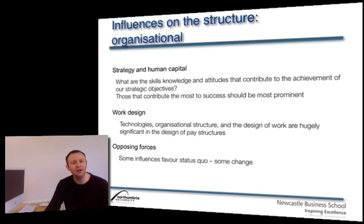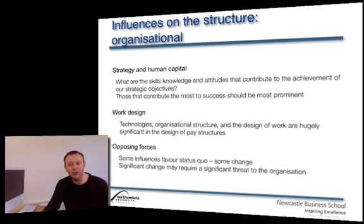The likelihood is that these forces will often oppose each other. Some influences will favour the status quo, some influences will favour change. Now, because the pay structure is such an important part of the way that an organisation structures itself, an organisation that makes a decision to put significant change in place in the pay structure may have to really face some significant threat in order to make it seem worthwhile to go ahead with these kinds of changes,